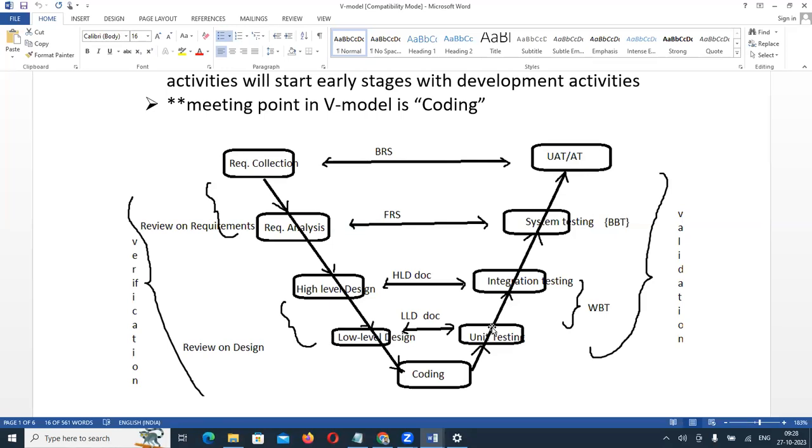They use white box testing techniques. After the system testing, user acceptance testing. So here the meeting point in this V model is coding. It is for the verification, validation, whichever activities they do